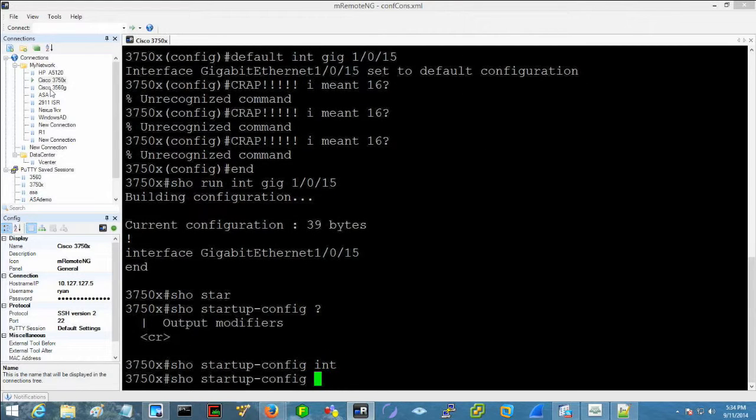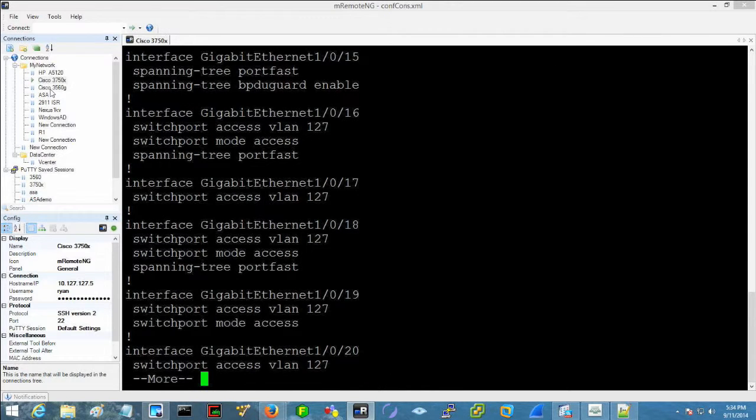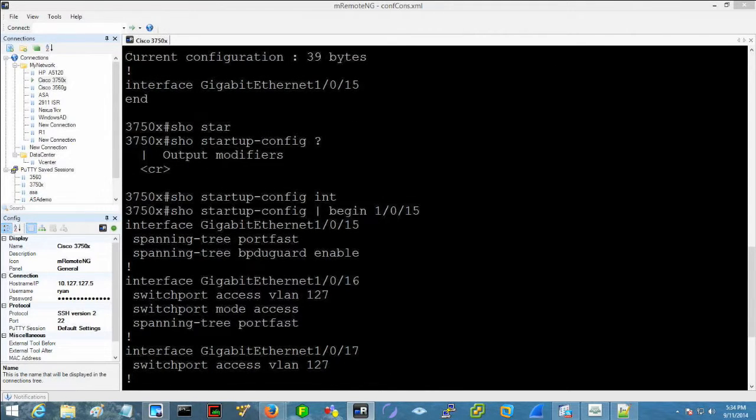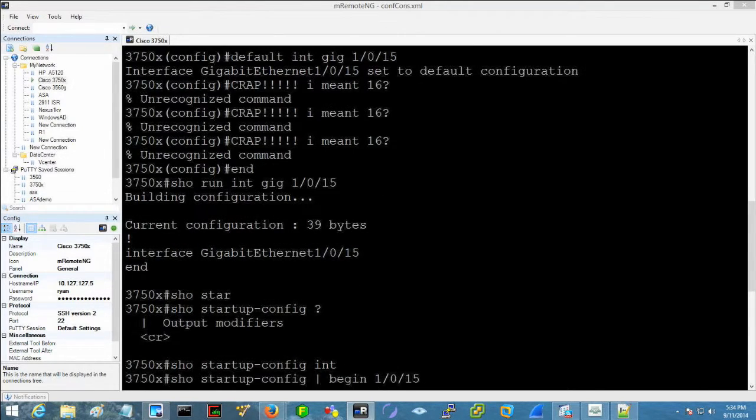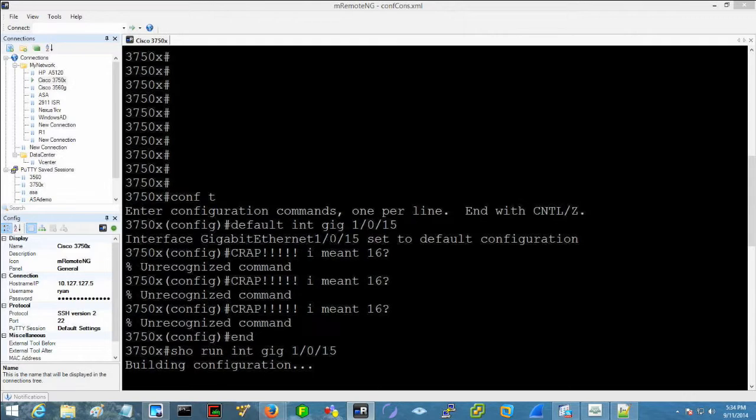But I can do a show startup config, and I can do pipe begin 1/0/15. And look at this. I can see what was on port 15 before I erased the wrong interface. Did everybody follow that? So your startup config is a safe config in NVRAM. You can view it at any time, and that can be useful if you make a change in the wrong place, or if you do make a change and you just want to see a good copy of before and